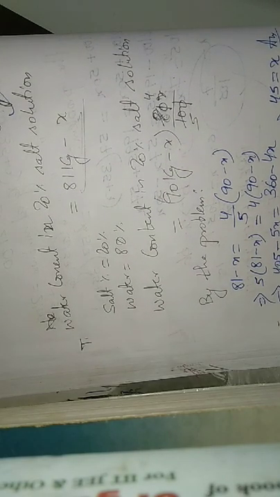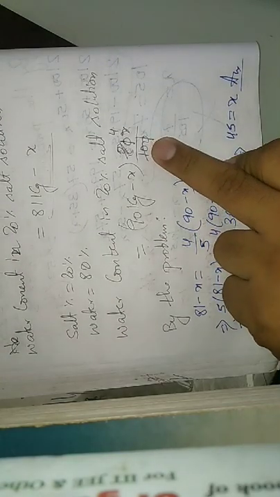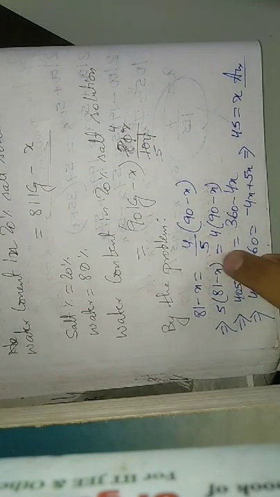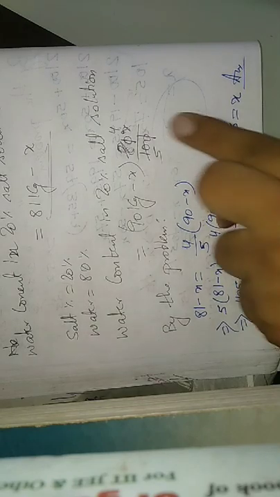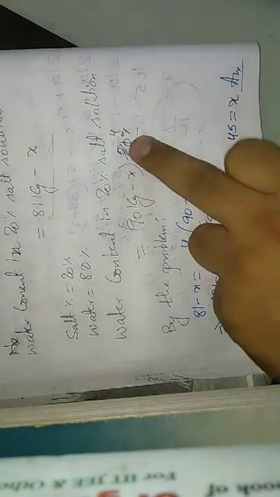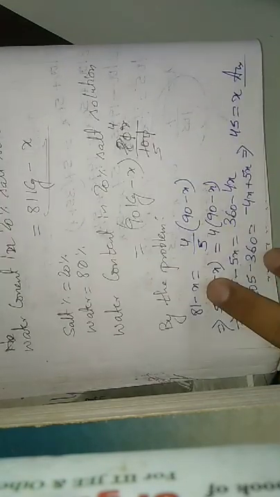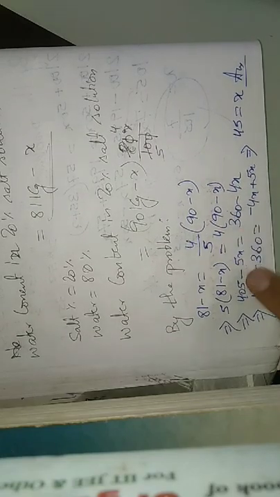Then what I did, I simplified over here. Had I not simplified, I would have got one more step and my time would have been wasted. This 80 by 100, I simplified over here only. If I had not simplified over here, I would have to simplify over here, and that's a wastage of time to write the whole step, copy the whole step once again. Okay.